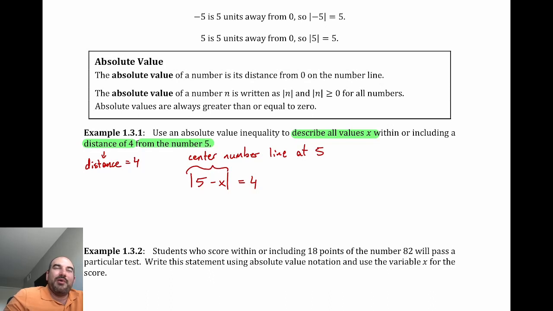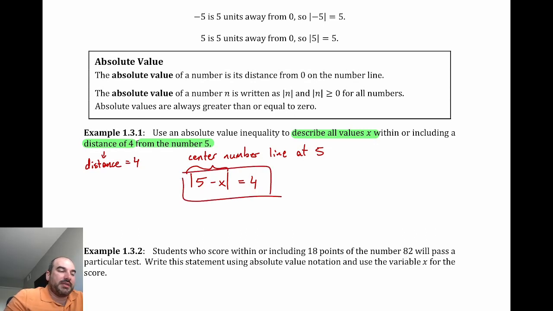We could also do x minus 5 here, because with the absolute value function you can flip that around and it doesn't matter. I like this notation better because you have a positive 5 in there, which is centering your number line at 5. So when you want to describe all values x within a distance of 4 from the number 5, you want your distance to equal 4. So this absolute value is going to define that distance, and we want that distance to equal 4, right? And we just need to center the number line at 5. So we do 5 minus x in the absolute value. Okay, and that's it. This is our actual answer here,